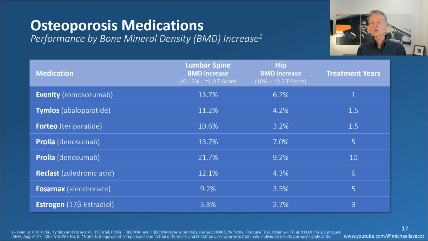And then finally, the last one, estrogen. This was actually from a small trial, but the average age was 74 to 75 years old. And this was a really small dose of oral estradiol, the bioidentical stuff. It was just 0.25 milligrams. To put this in perspective, my wife is taking 2 milligrams, right? 8 times as much. And they still saw great benefits of 5.3%, 2.7% in just 3 years. So don't write off estrogen quite yet.